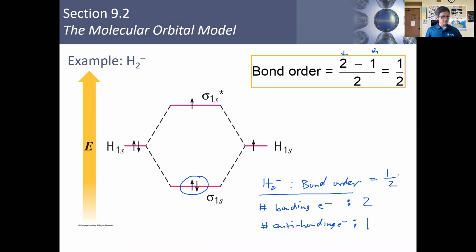And so let's compare bond orders here. The bond order for H2, remember, was... I'm sorry, the bond order for hydrogen was 1. All right, so with that said, if you notice here, based on the bond order itself,